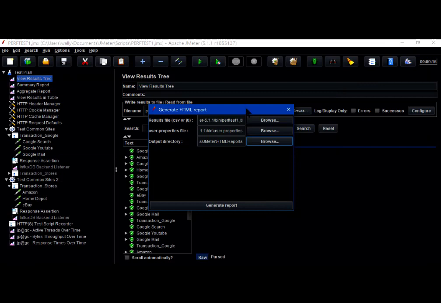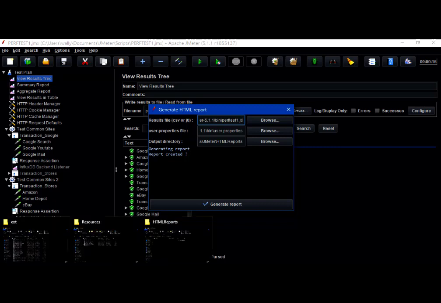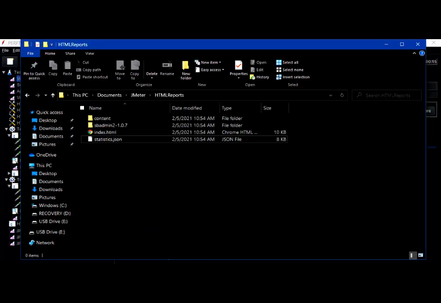Now we're back to the IDE, and there's the little pop-up window. I'm going to click Generate Report, and we're going to see a couple of messages come back to us as it's generating the report. First, to tell us that it's in progress. And now it tells us the report is created. I'm going to leave that open here, and on top of that, I'm going to go and look again at that folder. Okay, you see that data has now been repopulated in that folder, HTML Reports, and there is an